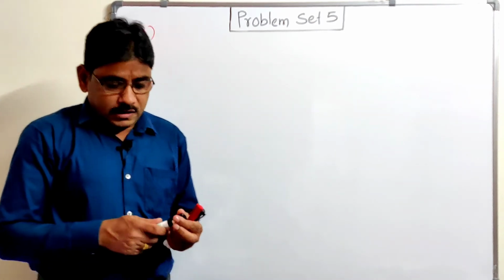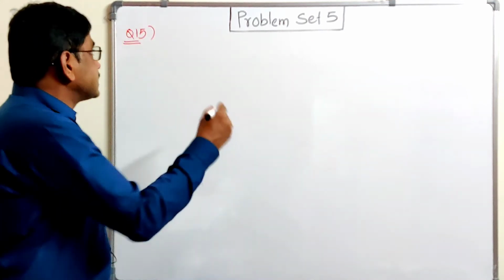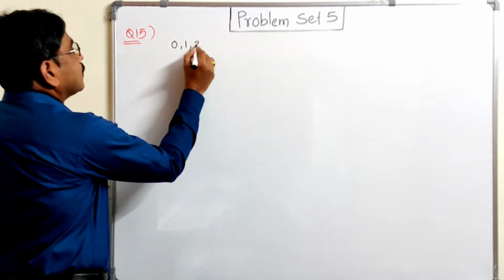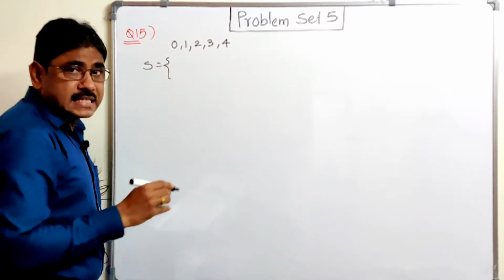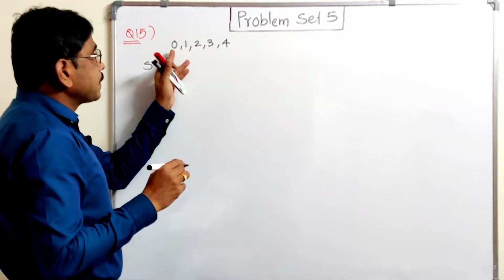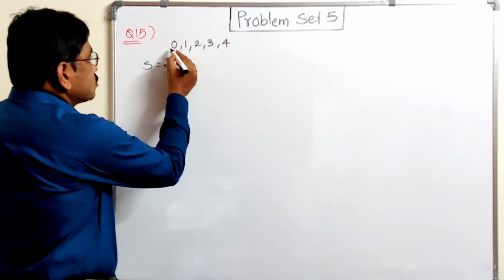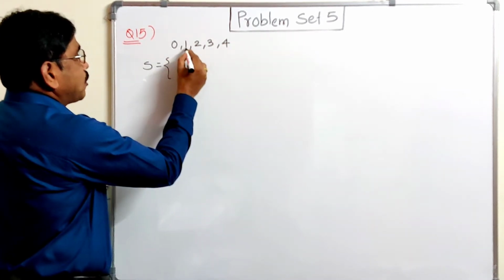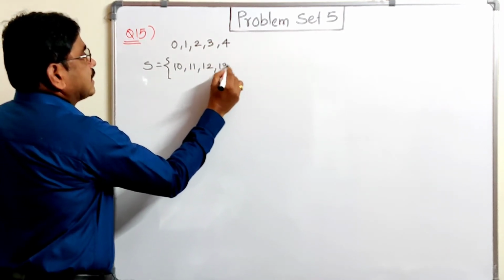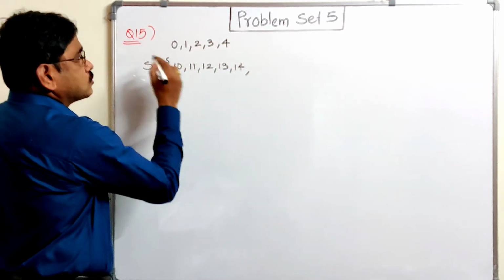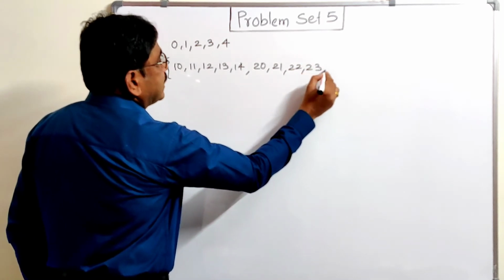So first write the possible numbers or 2-digit numbers formed by using these digits. So digits are given 0, 1, 2, 3, 4. Now we have to form 2-digit numbers using this, and here repetition of digit is allowed. तो 0 से तो कोई 2-digit नंबर स्टार्ट नहीं होता है, that is starting from 1. तो 10, 11, 12, 13, 14, these are numbers from 1. 2 से स्टार्ट करो, फिर 20, 21, 22, 23, 24.